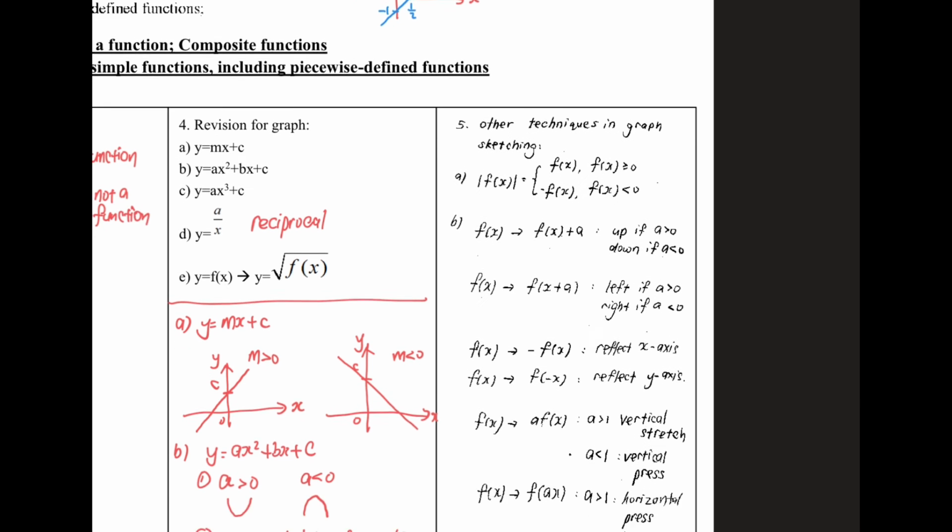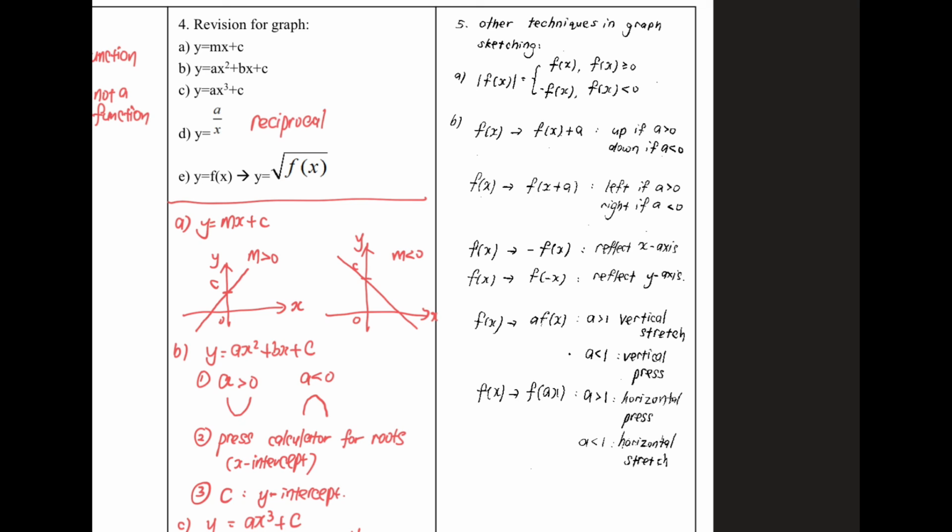Now let's move on. Next one, f(x) becomes minus f(x). So when the function takes a negative in front of it, then the whole graph will reflect about the x-axis. Next one, f(x) becomes f(minus x). So when only x takes a negative sign, then the graph will reflect about the y-axis. Next one,